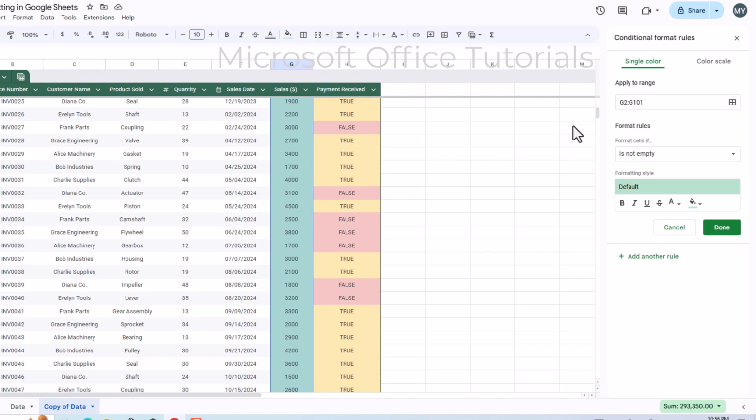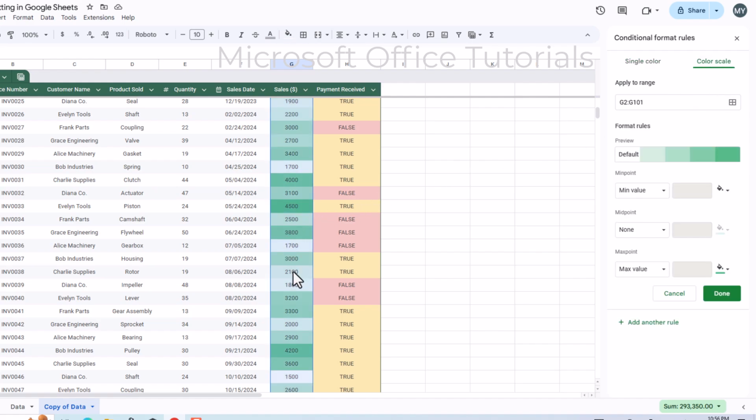What I will do this time, I will go to color scale where we want to highlight different things in different colors. Now you can see by default this formatting or this color scale is selected. You can understand this color scale from these 3 points. You can see the minimum value white color formatting. Maximum value is formatted in dark green color. The values that lie between, or the midpoints, you can see the light green color.